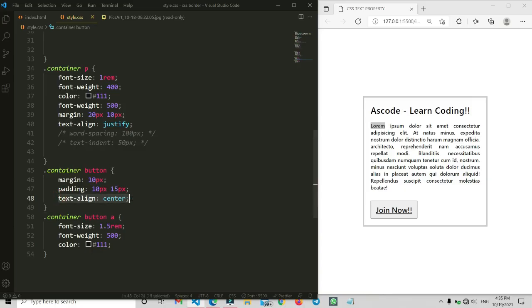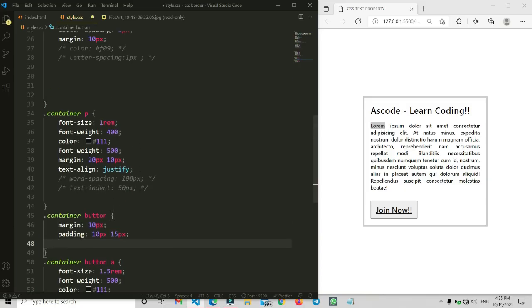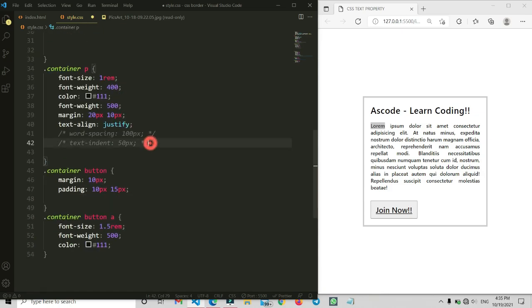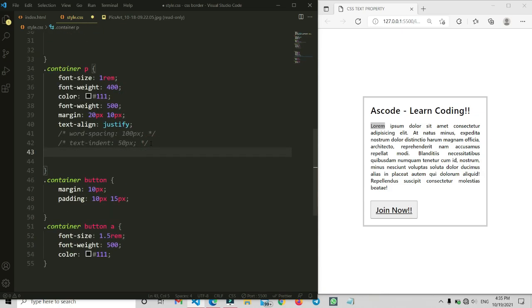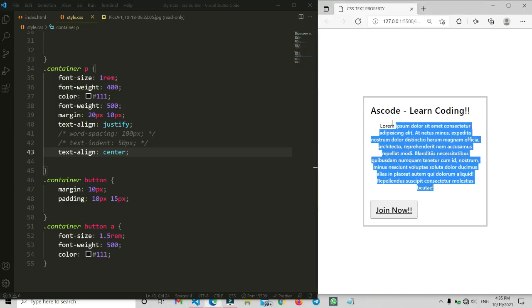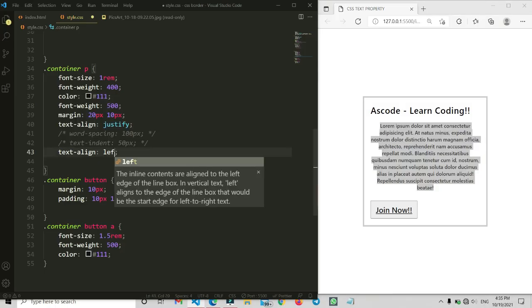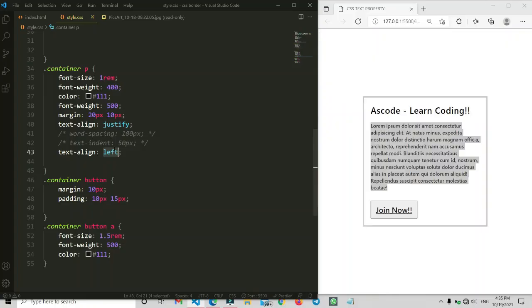If it's not clear, we can apply this property somewhere else. Here I'm going to apply it. You can see every line is moved to the center of the box. Now we can change this value. If we type left, all the text goes to the left side.